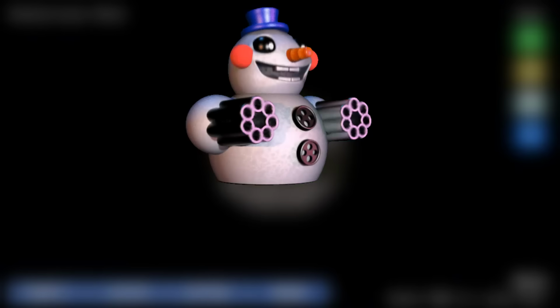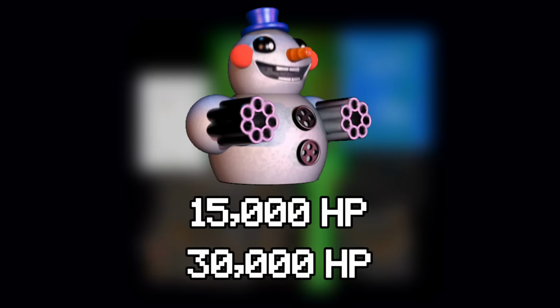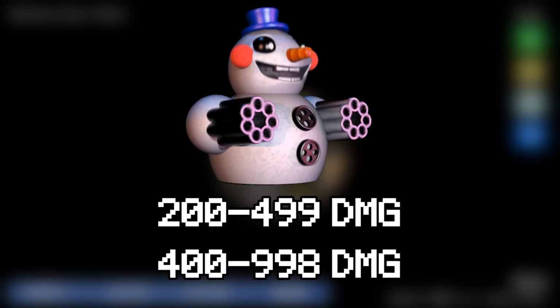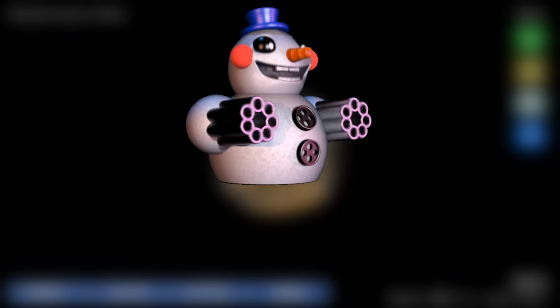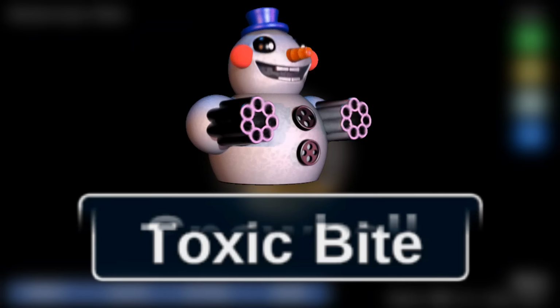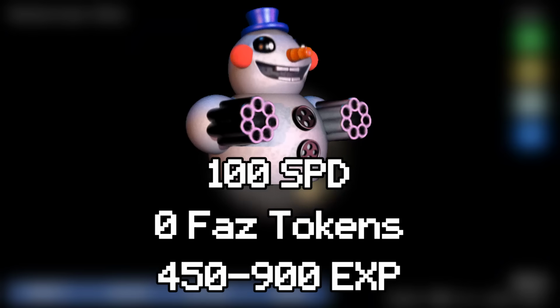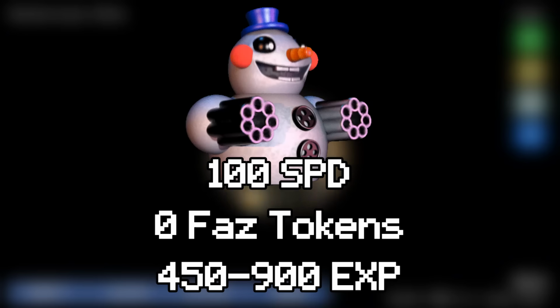Snowcone is one of the guardians blocking the buttons to security. Located in the Dusting Fields, he has 15,000 health on normal and 30,000 health on hard mode. He deals 200 to 499 damage on normal and 400 to 998 damage on hard mode. He has a few extra abilities including Toxic Bite, Snowball, Jump Scare, Water Hose, and Escape Key. Their speed is 100. Upon death, they drop 0 Faz tokens, 450 XP on normal, and 900 XP on hard